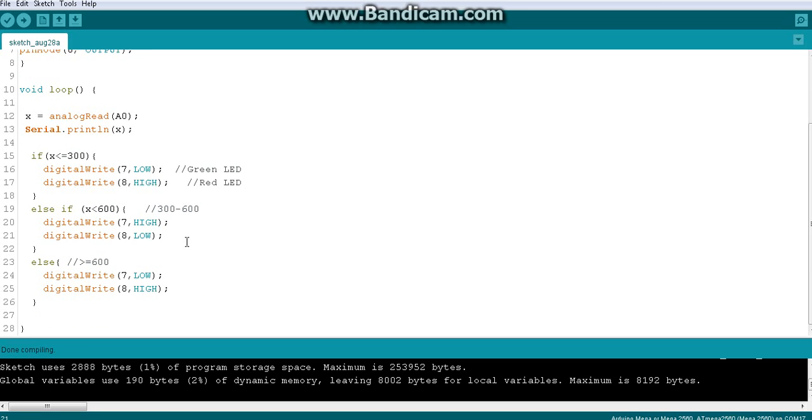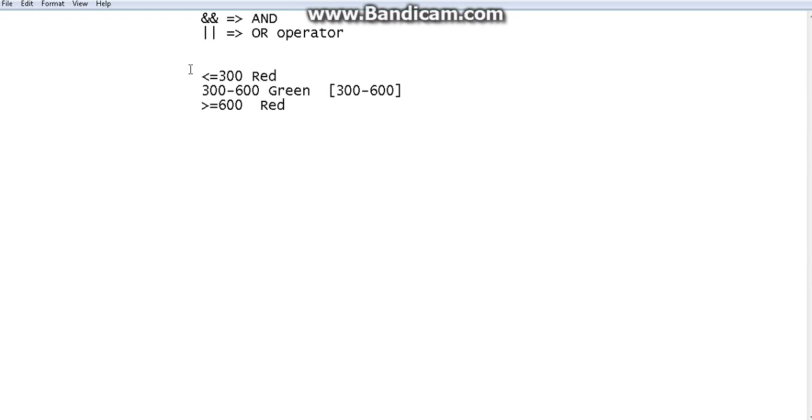So my question is, you can see we have the same output in two places. Yes or no? Yes. That is the logic. If the value is less than 300, add red. If the value is greater than 600, add red. Can't we do some refactoring so that both of these scenarios have red? That means one red outcome where we check both of them.